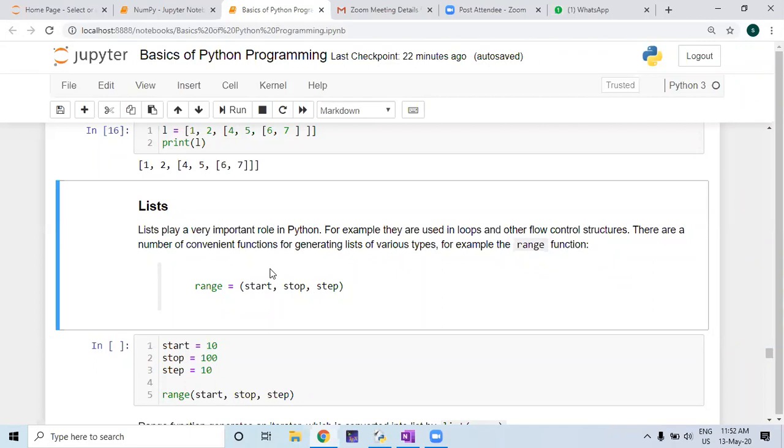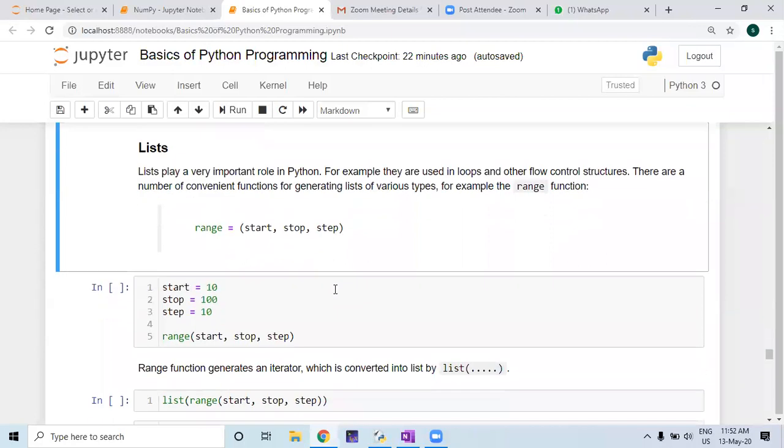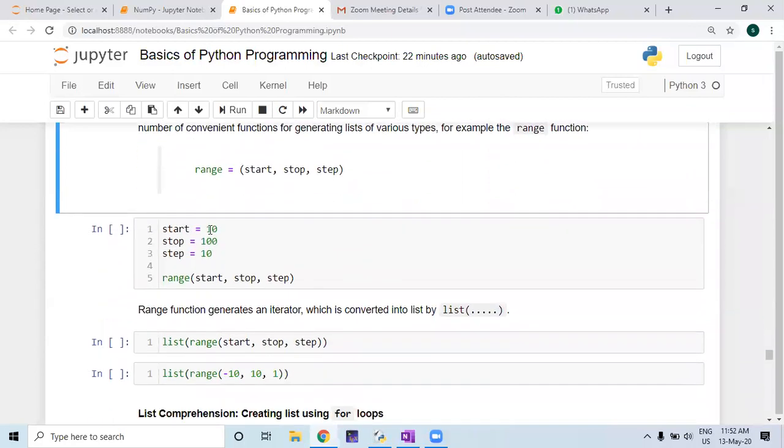But there is a function called range. By using the function range, you can create as many numbers as you want for the sake of your programs. The syntax is starting number, end number, and the step size that you want to maintain. Here is an example. Suppose you want to create numbers from 10 to 100 with a step size of 10.